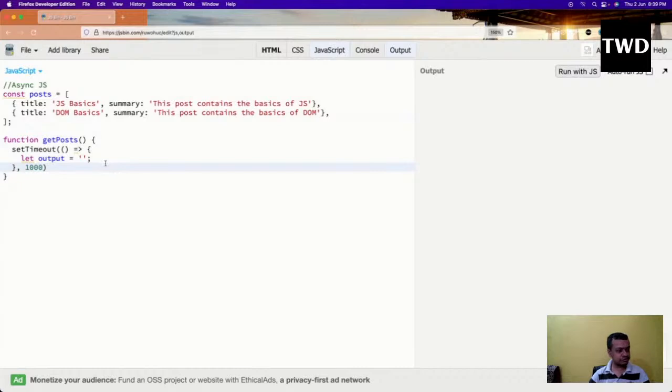Now I'm going to write some code, which I'm going to explain. So I have a let output, an empty string. Then I will do this.post.forEach. I have told what forEach is earlier, so please go through it if you have not done that. I am just looping through it, and I have written post instead of this.post. It is very important to write this.post, but inside I can write item also. So I'll write post, and I'll do output plus equals